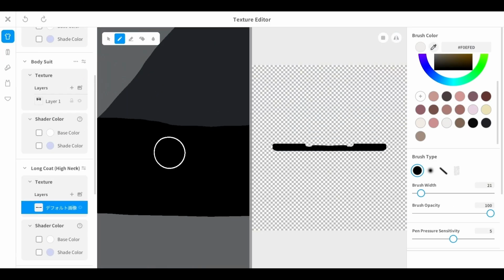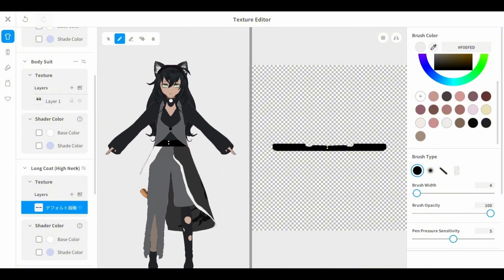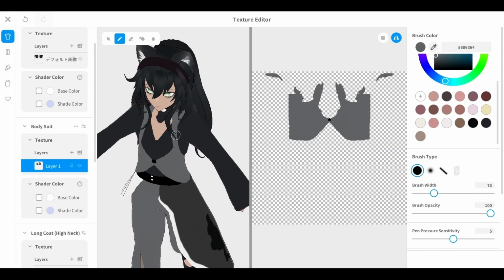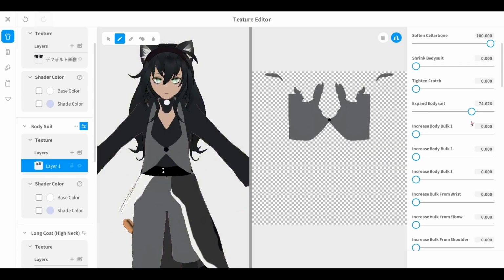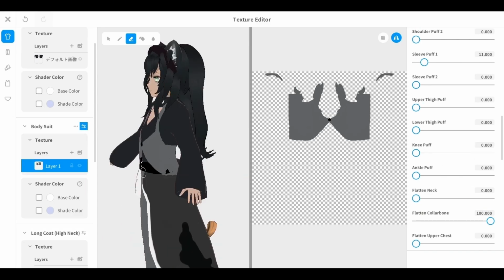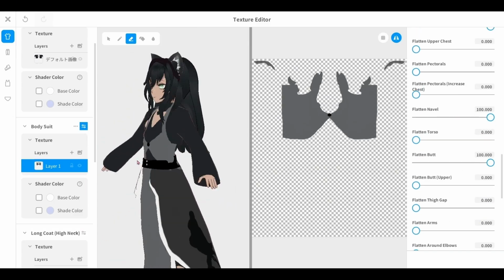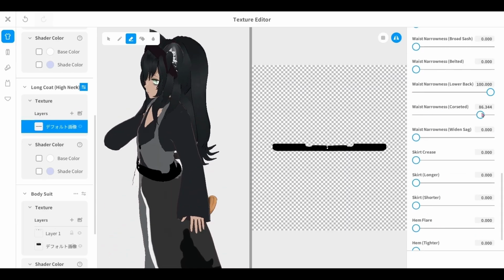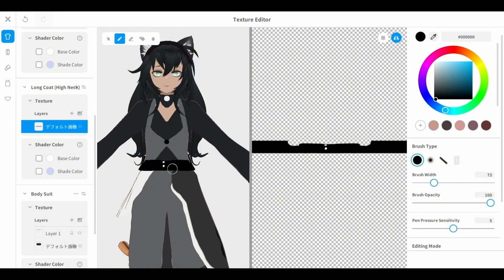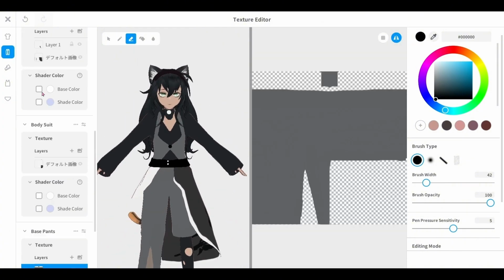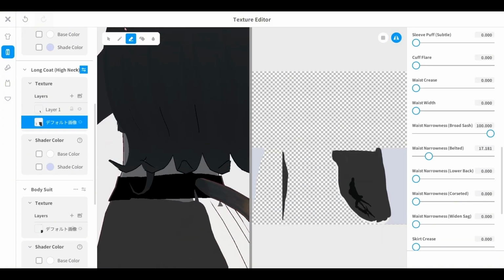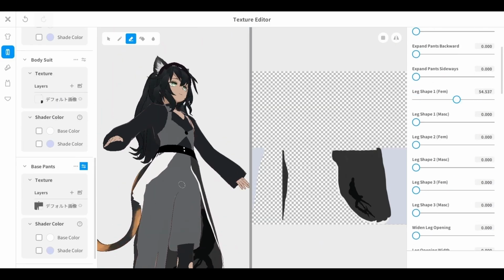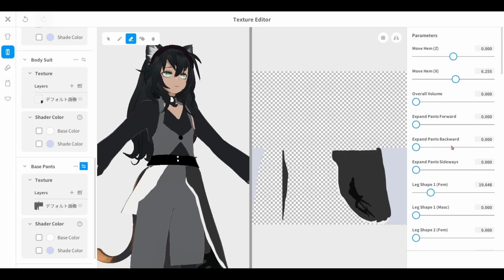So I started working on this vest inside of Ibis Paint X. I was basically on this vest all day long. This current section of the recording basically was over 7 hours, and a lot of it was just me watching videos on the side and getting distracted. But I was mostly just at my computer trying to figure out how to shade this vest